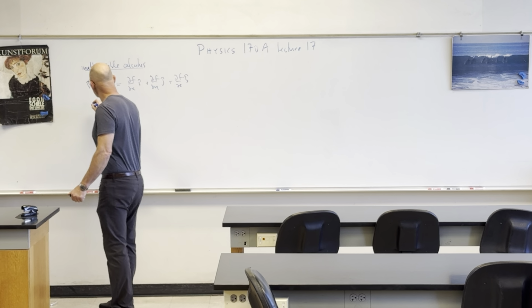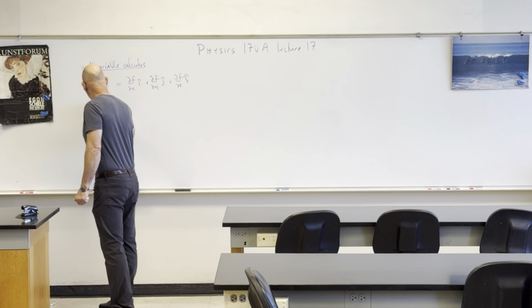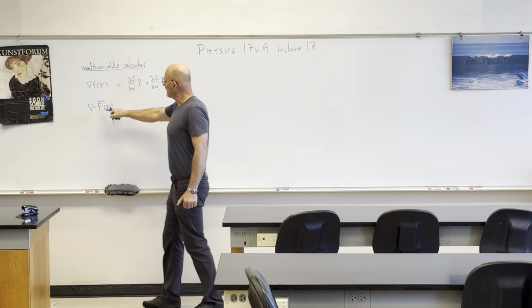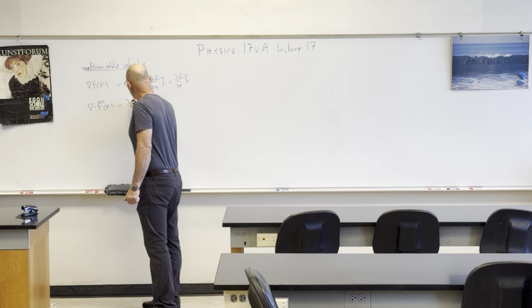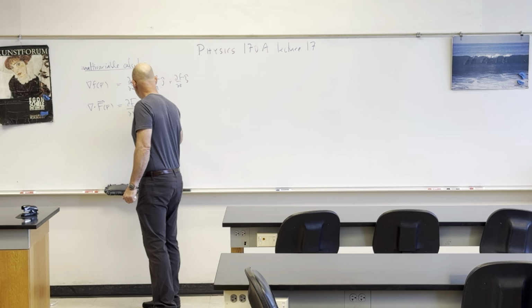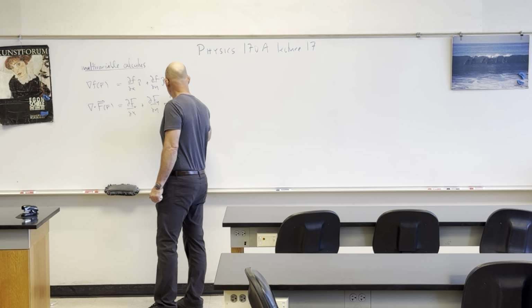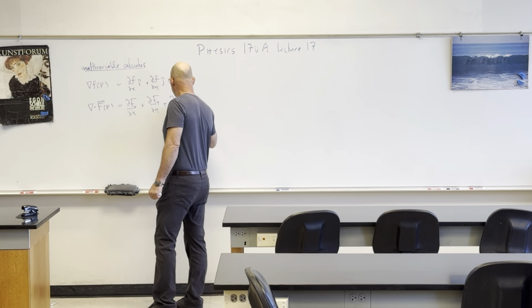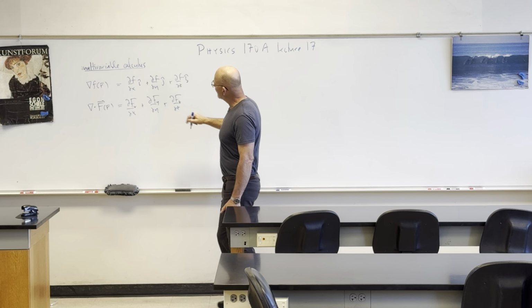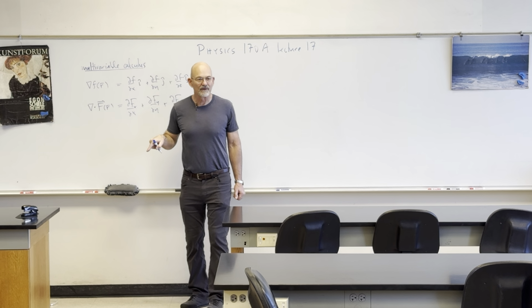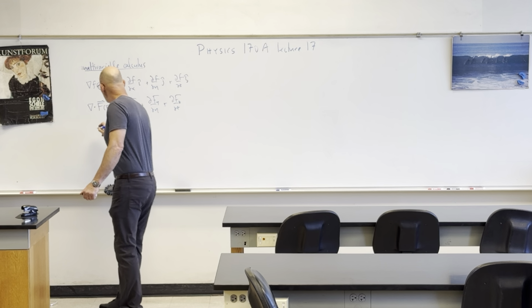We have the divergence, which turns a vector into a scalar. So you've got a vector field F. The divergence is the sum over these derivatives: Fx with respect to x, Fy with respect to y, Fz with respect to z. Okay, so here you're turning a scalar into a vector, here you're turning a vector into a scalar. And then we had the curl